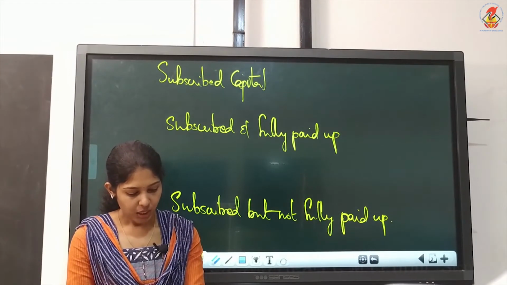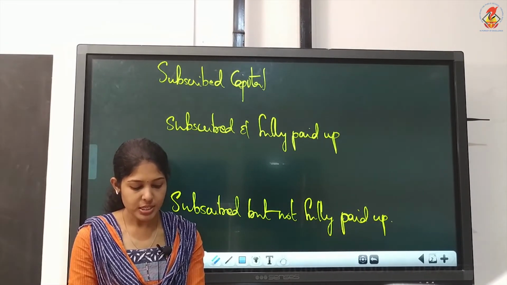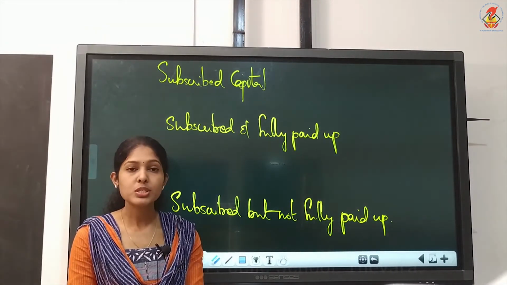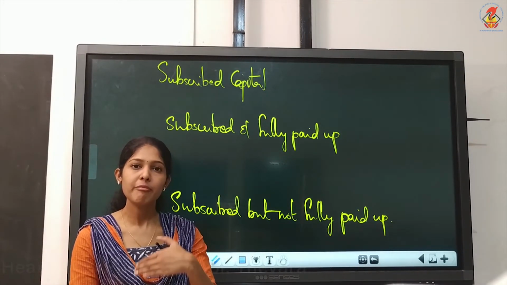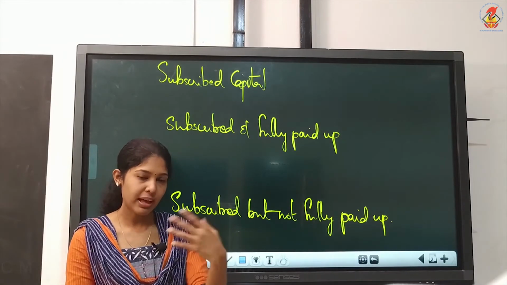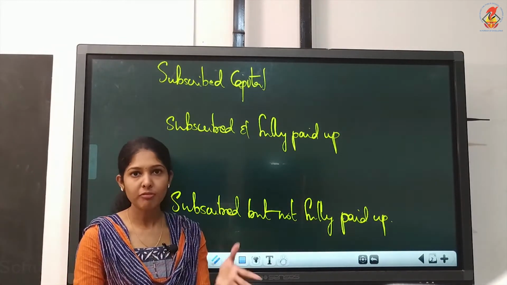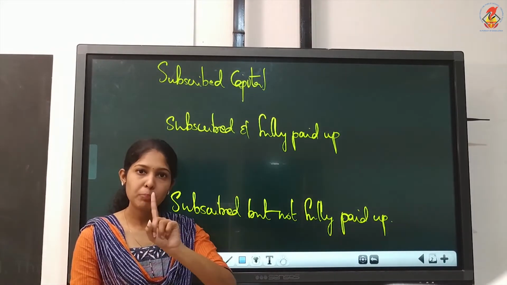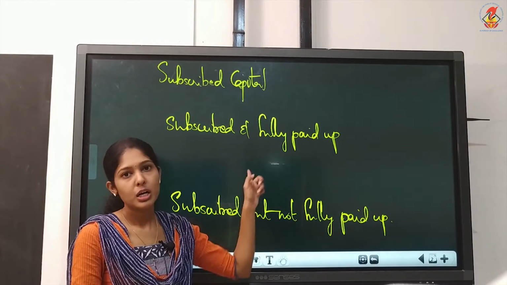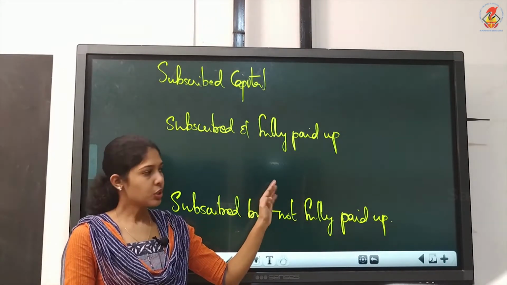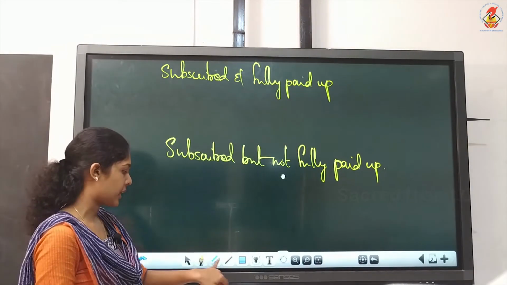And here, just read that last sentence. The directors called rupees 10 per share, which was received. Called means you are asking them for payment. Calling means you are demanding, or asking the public to make the payment. That's the meaning of calling. So we asked them to pay 10 per share and we received it. So that is coming under fully paid up. Understood? Now, not fully paid up is not in the question. In the question, it is the fully paid up category.